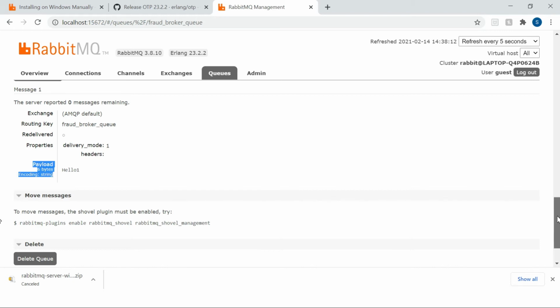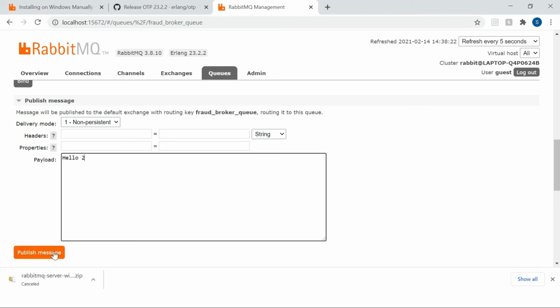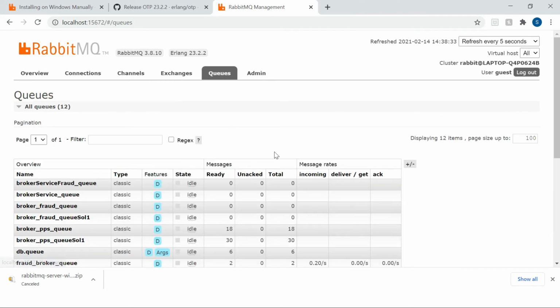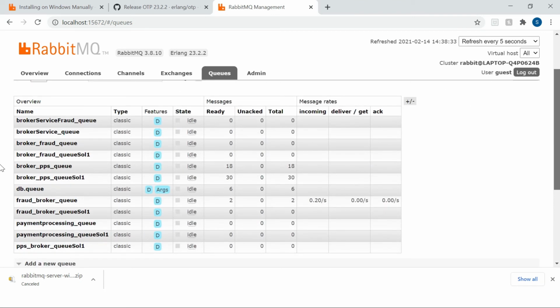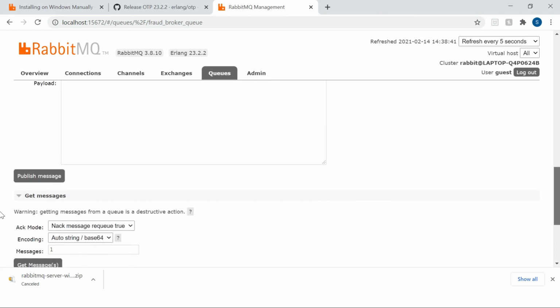So I can add some more messages, hello 2 and hello 3. As I already told you, the ordering is maintained here: first come, first served.